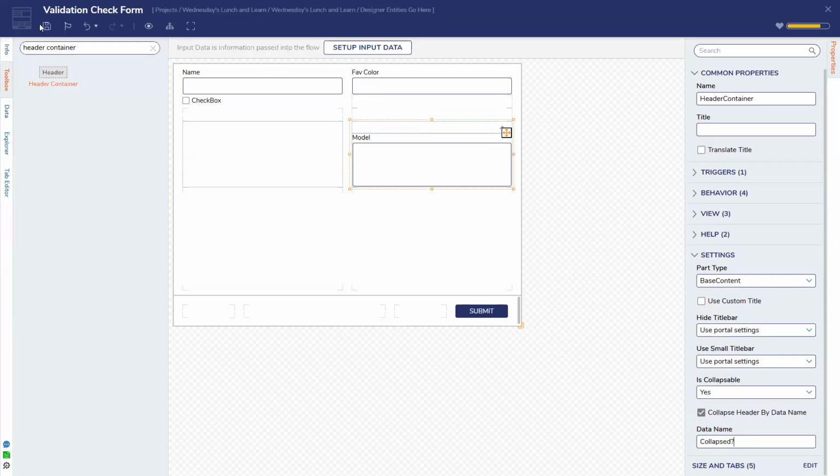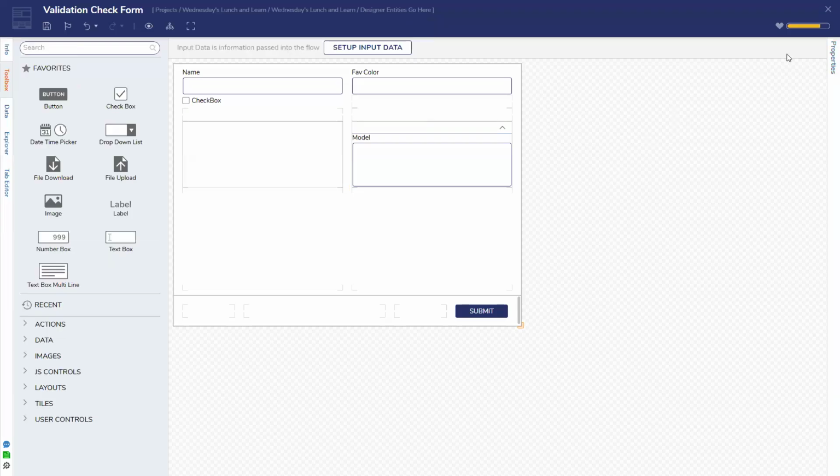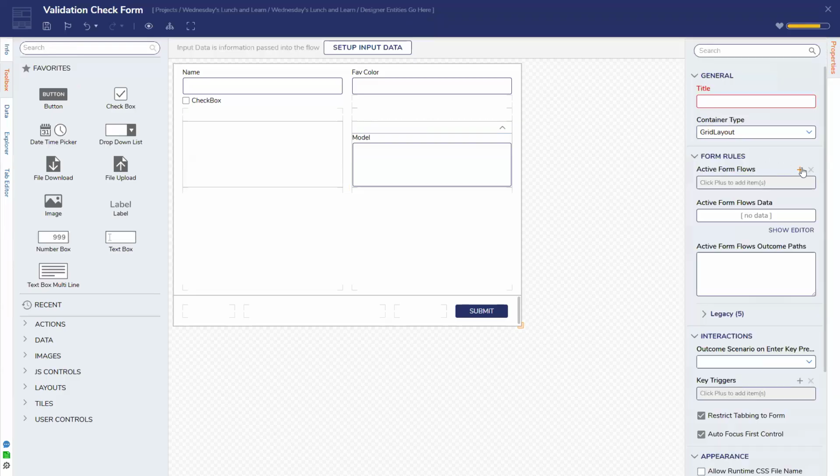So let me just confirm that this is an output correctly on the form. Because if this is a form input, yes, you can affect this, absolutely. So let me make sure. Validation. Yep. So here's collapsed. That's a flow data sort of thing, which means that if I go back into this, go into an active form flow,